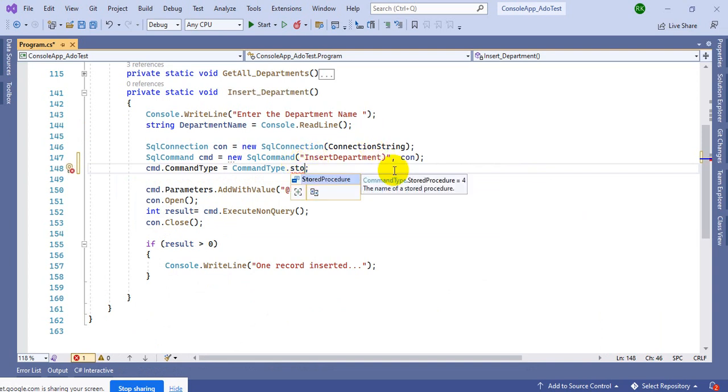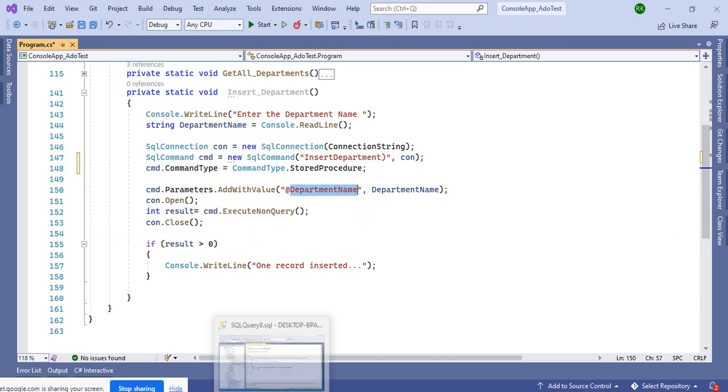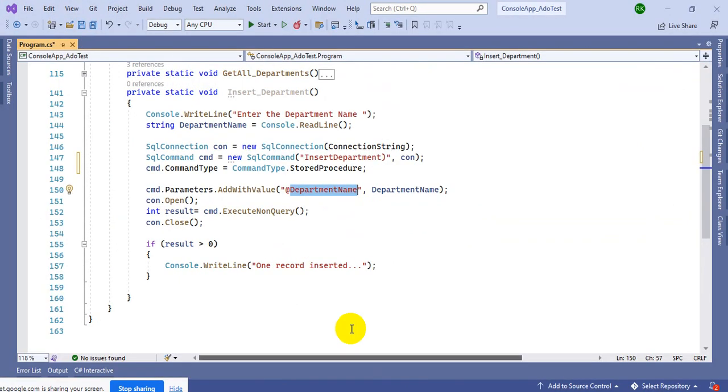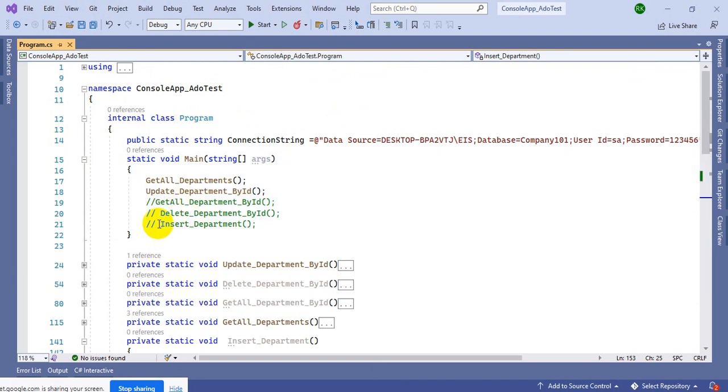Command type dot stored procedure, and all done, because you are already passing the parameter that is department name. That parameter should be same, so it is same department name, correct? So you are just passing the parameter, and if you save it and run the insert department stored procedure,